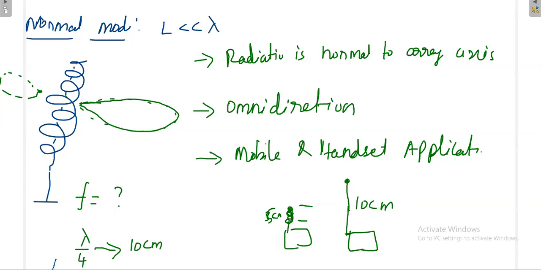Are you understanding what I am trying to say? If you keep it linear, the length is very high, and then it will be difficult to keep it in a pocket. So the length is the same, but you are making it in spiral shape. Effectively you are reducing the length, but that length is still there. That is another reason. And again, please check about polarization: what polarization you are using in the case of normal mode operation of the helix.